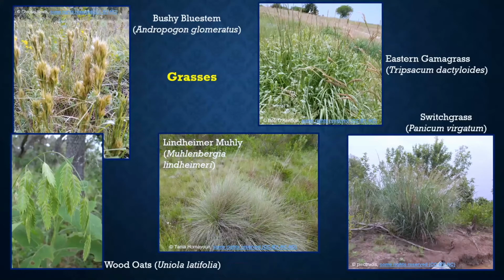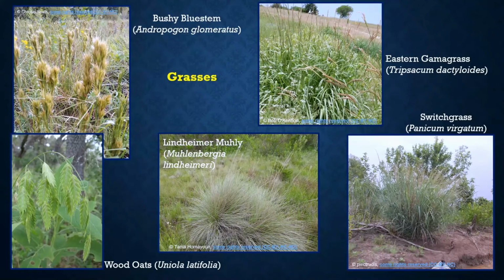And then just a very quick sampling of grasses. You have the most obvious ones out in riparian areas, and then adjacent to those riparian areas is bushy bluestem, eastern gamma grass, Lindheimer muley, which of course is a very popular native plant put in landscape settings. Switchgrass, there are different varieties of switchgrass. The native switchgrass can grow in